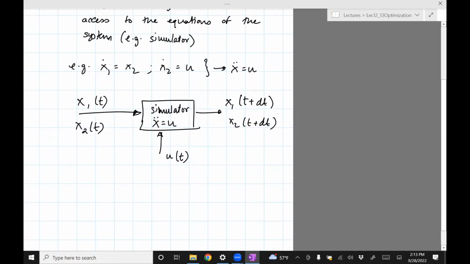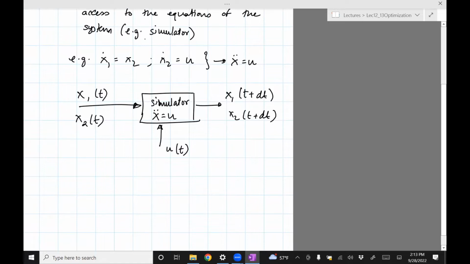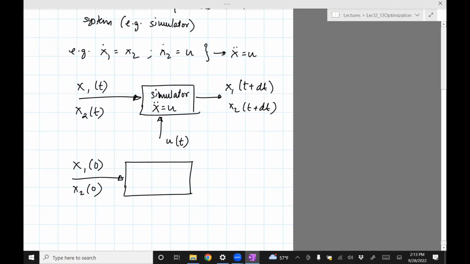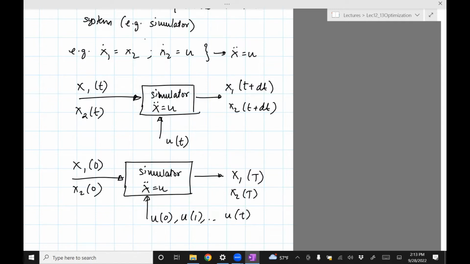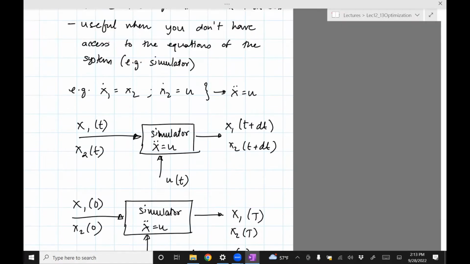Okay, so in this case, the way we'll deal with this is that we'll assume that a simulator we can pass in x1 0, x2 0, and then we can provide time histories. And then out will come x1 at t, x2 t. So it's called a simulator. So if you use the simulator in the fashion described the first case,